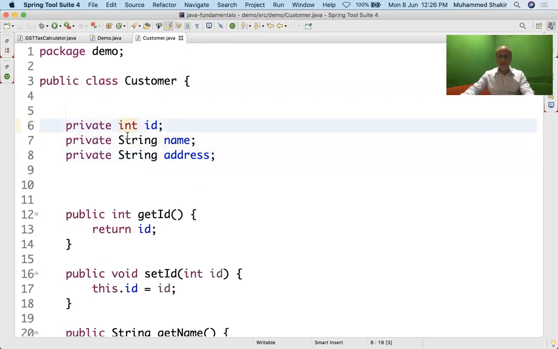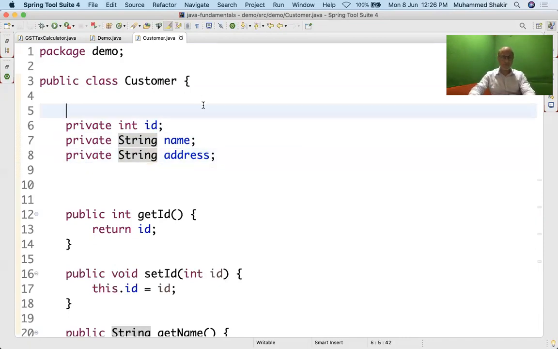This is the data: ID, name and address, and it has a data type. What is the data type of ID? See, this is the data, and what is the type of it? Int. This is data. What is the type of it? String. This is the data. What is the type of it? String. So this is called data type. String, int. They are all what? Data types, right? Now these data types are divided into two in Java and in many other programming languages.